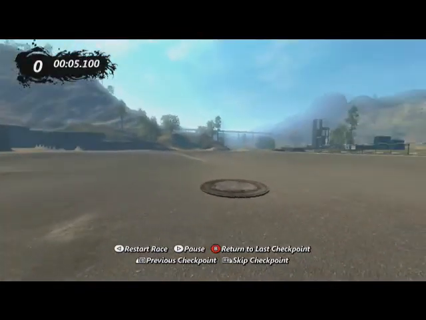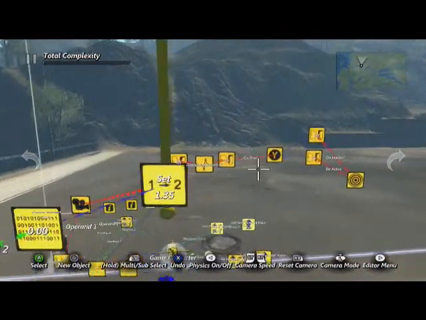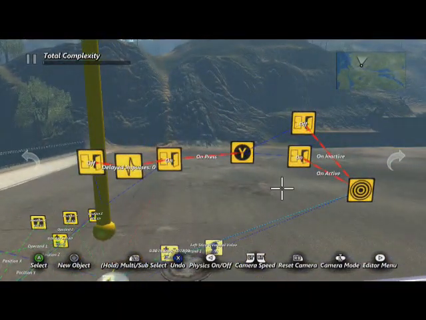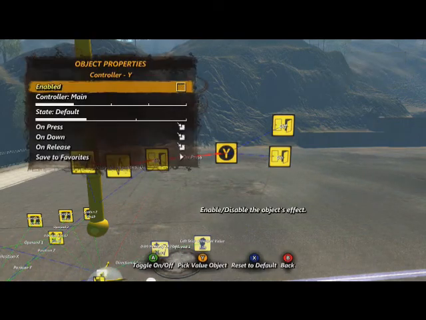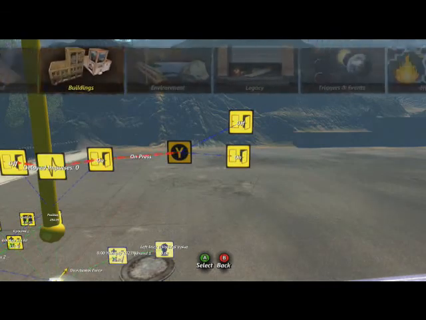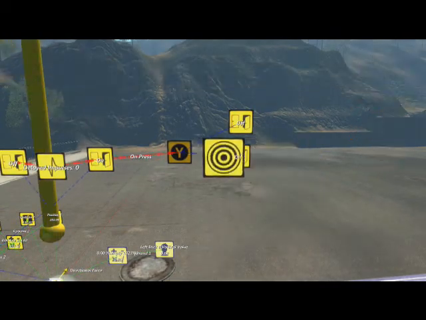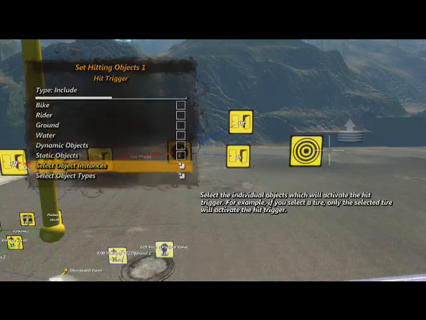Also the jump, some of you might know that if you leave the jump how it is now, you can sort of climb up buildings and stuff, and that ain't too great. So what I'm going to do is delete this hit trigger and turn this controller Y off, and then we're going to get another hit trigger out and start fresh, and we're going to say if the object instance here, which is the chrome ball,